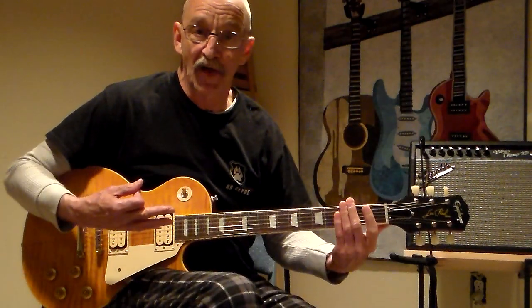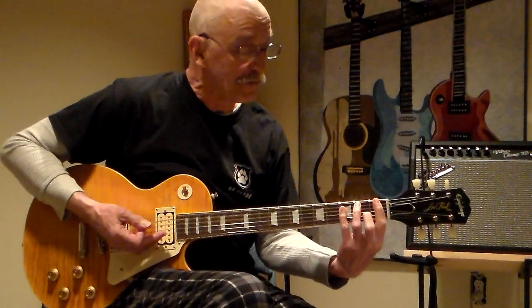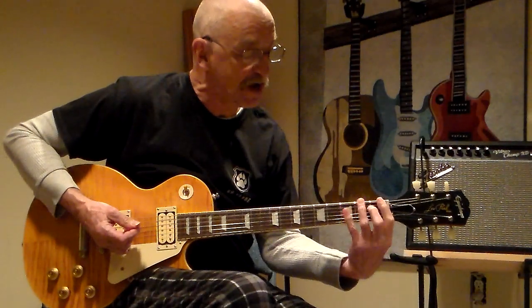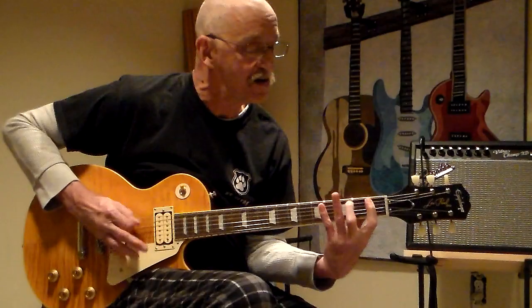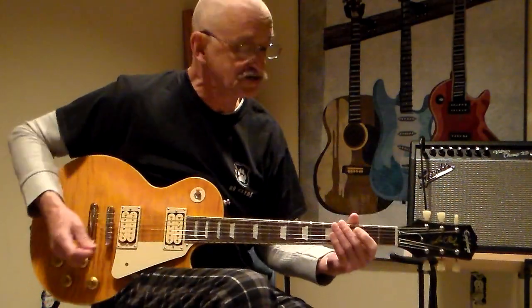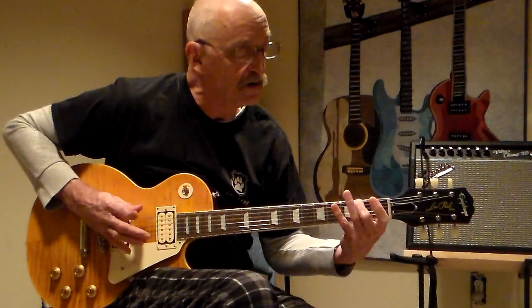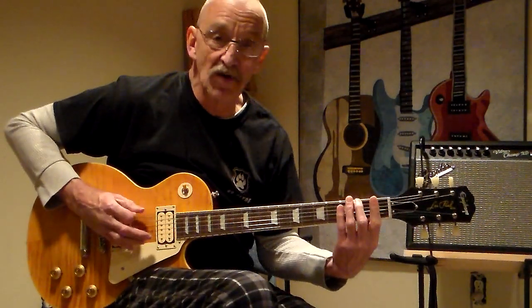Then that's the number 1 block for E major because you're starting with an E note. That shape would be the same if I was going to do F major. I just move that same shape up 1 fret. That shape is the first block shape. The second shape starts with the F sharp note, the second note we play. So the second note up, starting there, then